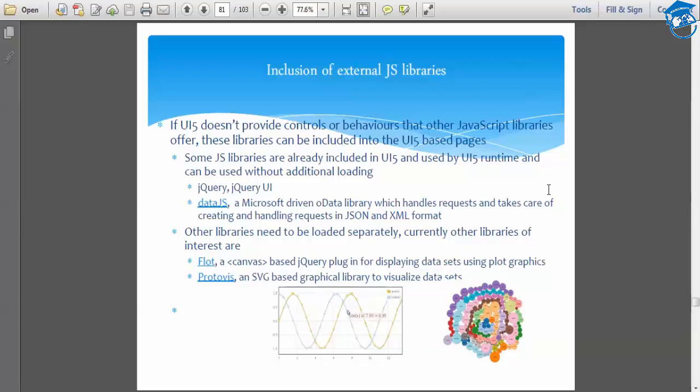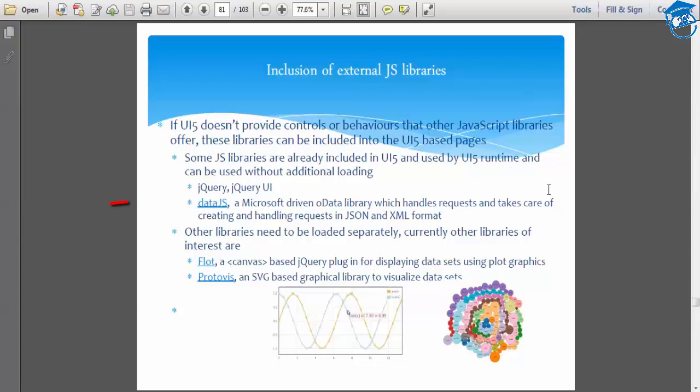So see, there will be so many JavaScript libraries. Each library will behave in a different way. There are some already existing JavaScript libraries which we can make use of at runtime. As we know, jQuery is extended from JavaScript, just to simplify.